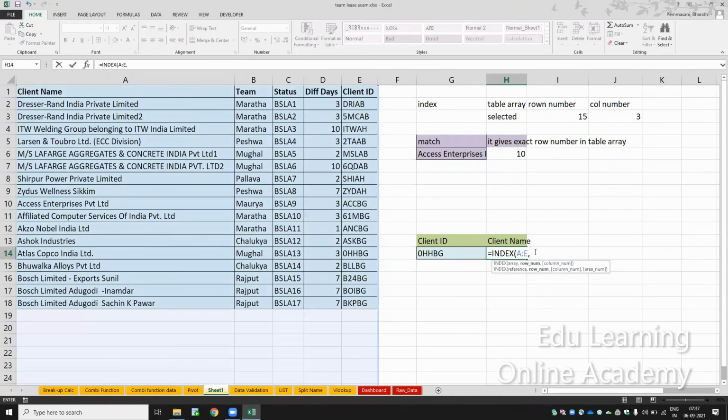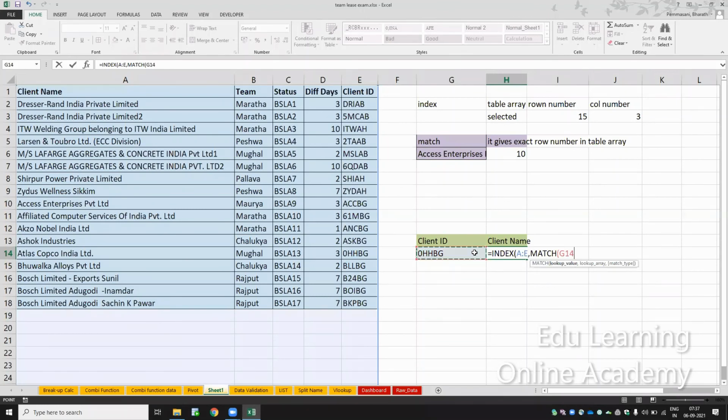So for the row number, in which row this client is located, how do I find this? With the help of the MATCH function. I'll write the MATCH function. It is asking for the lookup value, the search value.